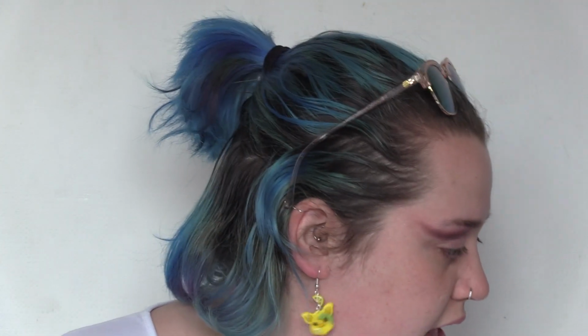And this essentially is basically like a tiny cleansing balm. It's just going to remove any excess shadow so we can get a neater cut for the crease. And you always want to drag it away, just because it gets a sharper cut that way. Just going to take a little bit of that down, just so that it's not as stretched out. And then we take a makeup wipe,